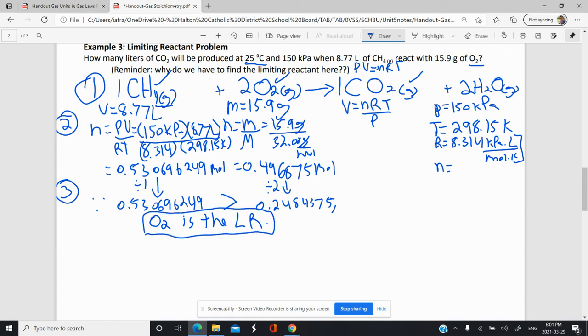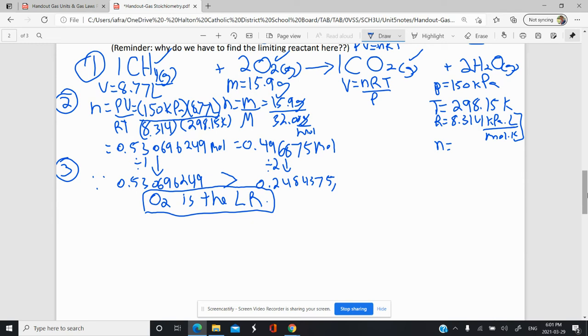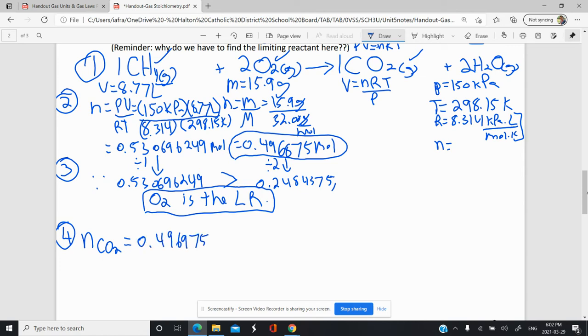And so that's just an extra step I had to do here. Now everything else is going to be the same. I can now use the moles of the limiting reagent, not the one that I divided by 2 here, but the actual moles of limiting reagent that I have in the question. And the mole ratio between the limiting reagent and the CO2 that I want to find the moles of CO2. So the moles of CO2 is equal to the moles of O2 before you divide it by 2 there. So 0.496875 moles